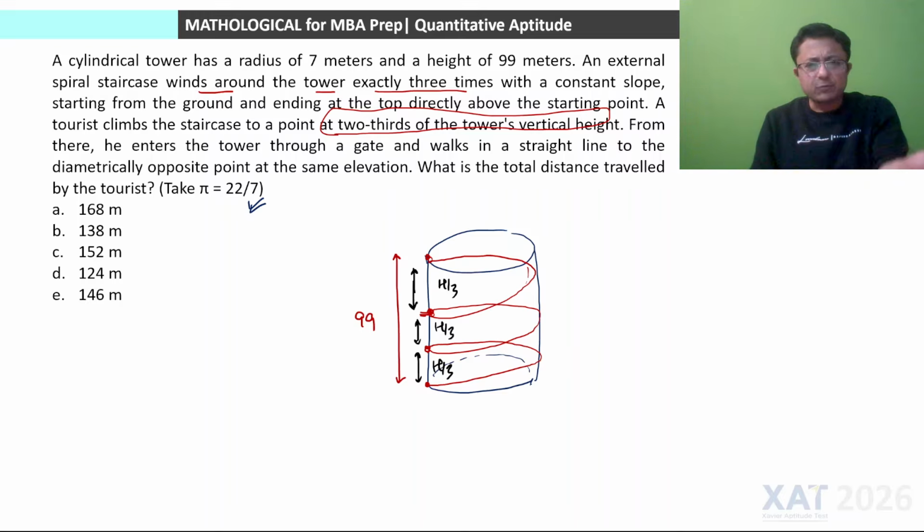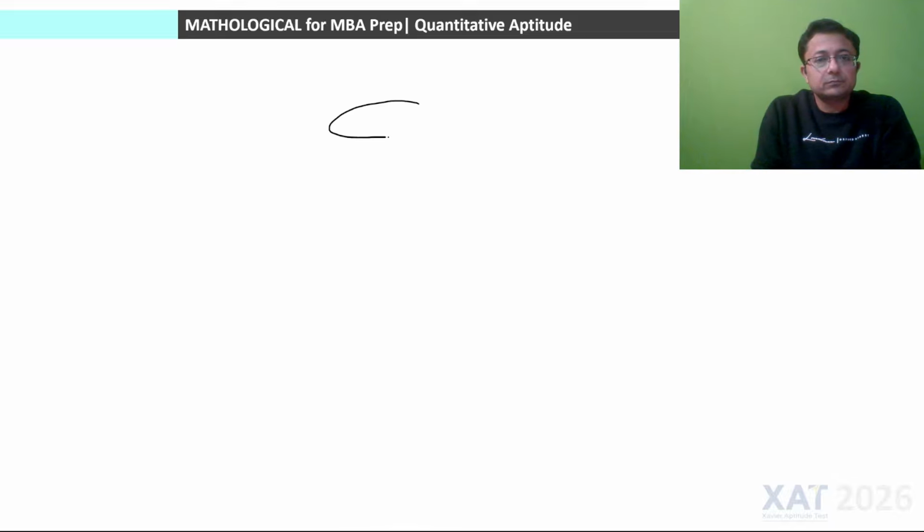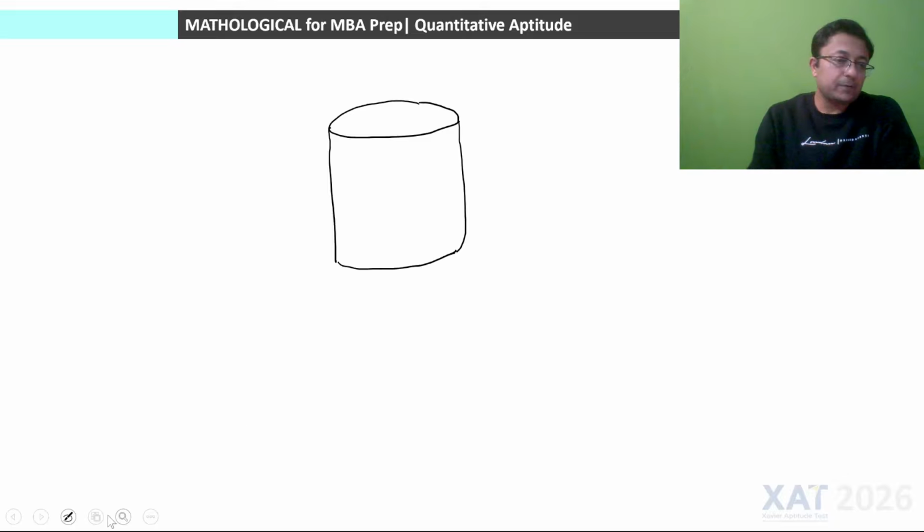ठीक है, पहले एक सिंपल क्वेश्चन में समझ लेते हैं सारी बातों को और फिर यहाँ पे अप्लाई करेंगे. देखो, अगर एक ही राउंड होता, if there was only one round and this was a cylinder, because ultimately we need to find out distance travelled, or the length of the staircase, basically, not height. Height तो वर्टिकल हो जाएगा, but length of the staircase. So if there was just one round,